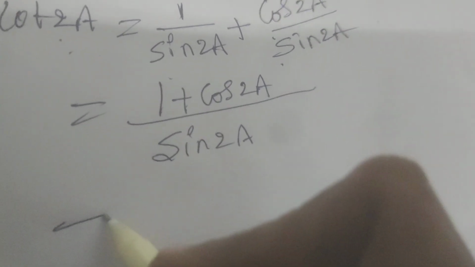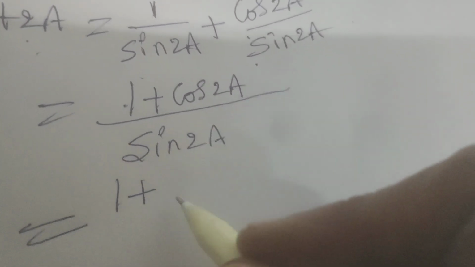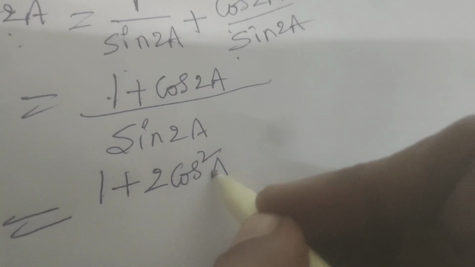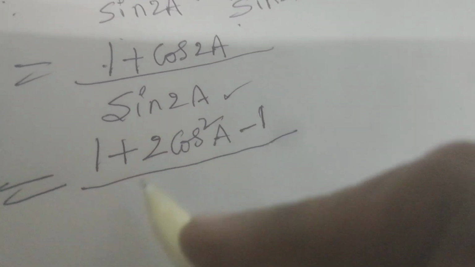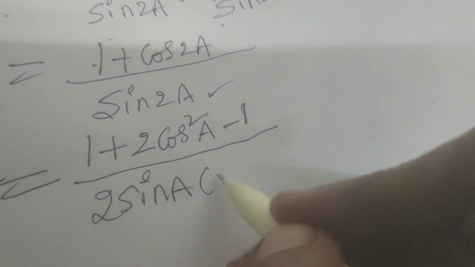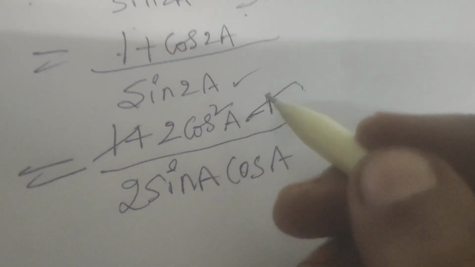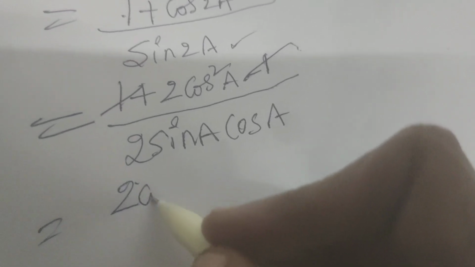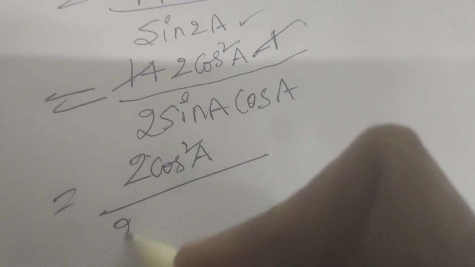Okay, next, 1 plus cos 2A means write the formula 2 cos square A minus 1. Next, the denominator sin 2A means write the formula 2 sin A cos A. Here plus 1 minus 1 gets cancelled. Next, the remaining 2 cos square A by 2 sin A